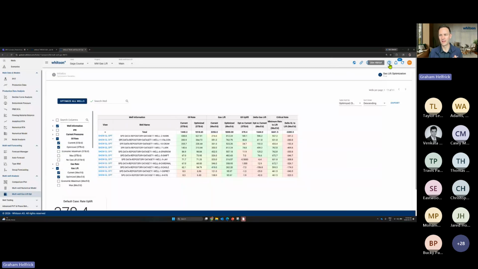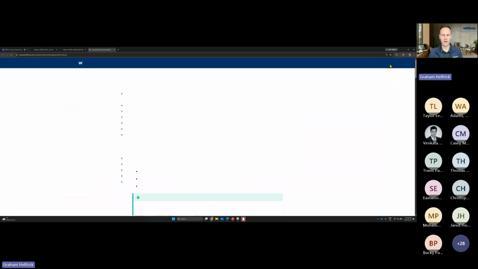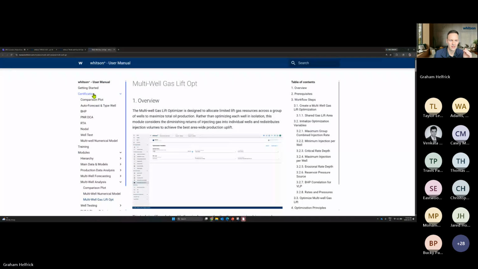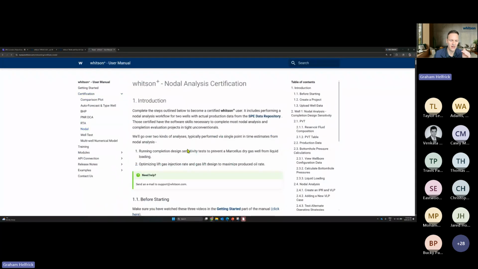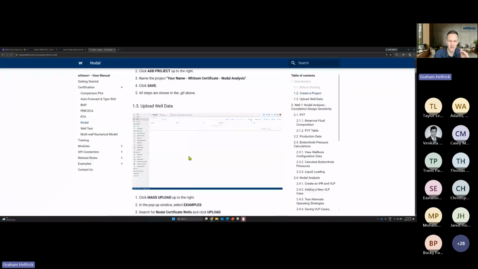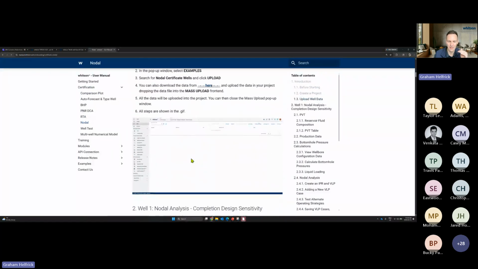Okay, the question mark. And in the question mark is the manual, but I want you to notice something called certification on the left side. There's something called Nodal under certification. And this is where you're going to go through all these steps that we just covered today, but it's through animations. Literally every single step is covered that